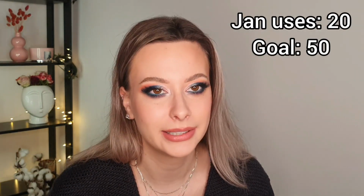I really love this formula, I really love this blush. I am wearing it today, but I do have another powder blush on top. I just love layering blushes. But I said 50 uses on this, and I didn't film a close-up of the product because for these 50 uses I don't really care about how much product I am using. I only care about the number of uses, and for this product in particular, in January I did use it 20 times,